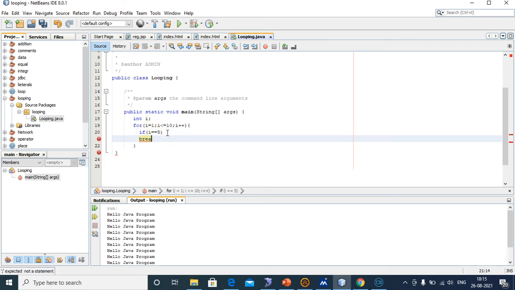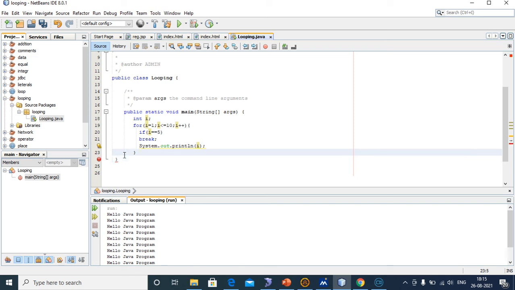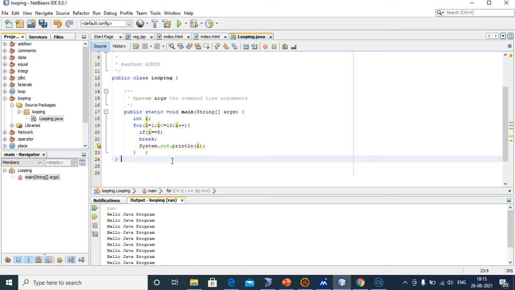I will give the break statement. Next, System.out.println. I want the value of i, so I will give i. Okay, here I will give the break statement.